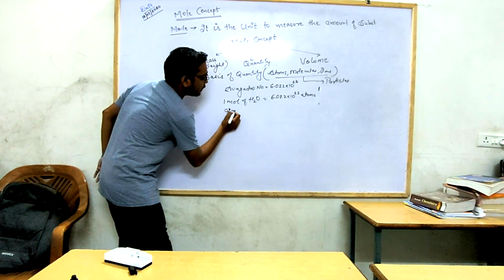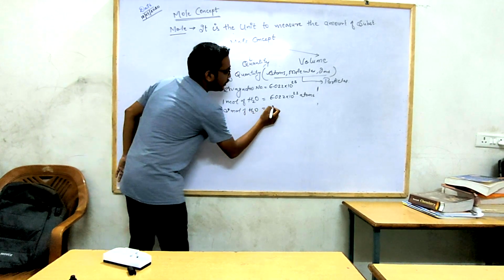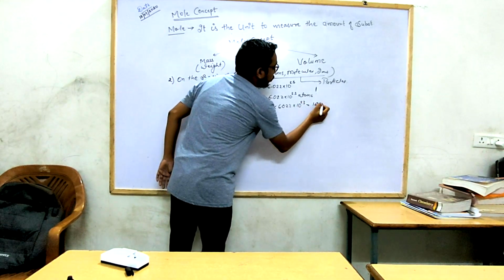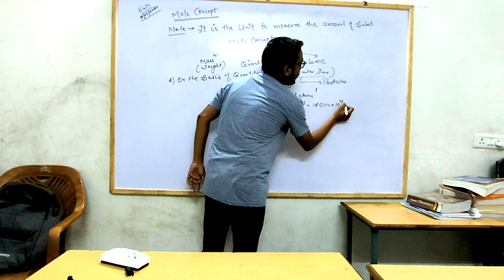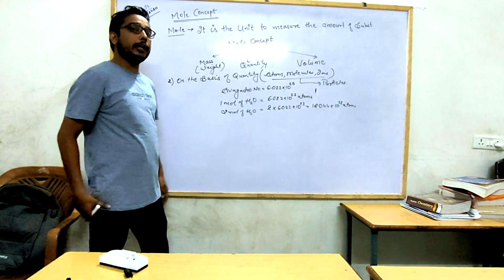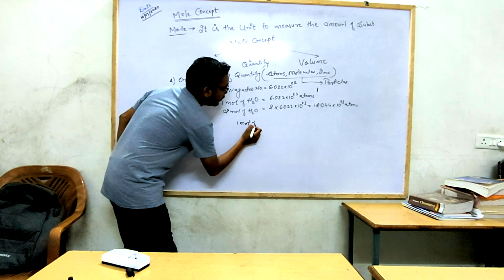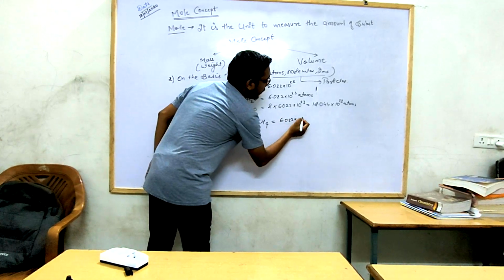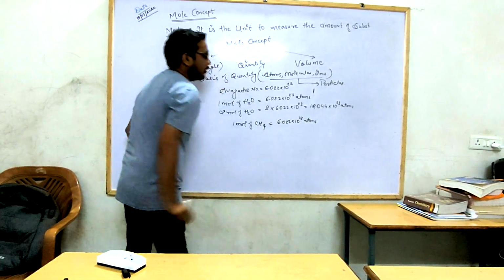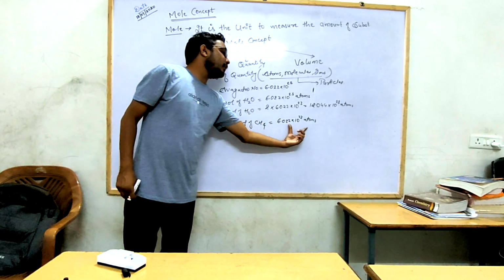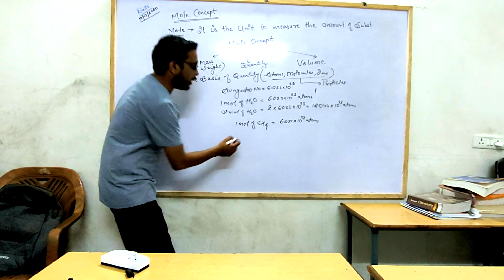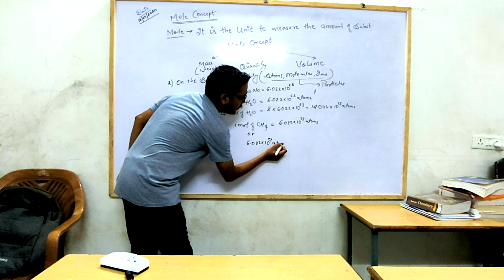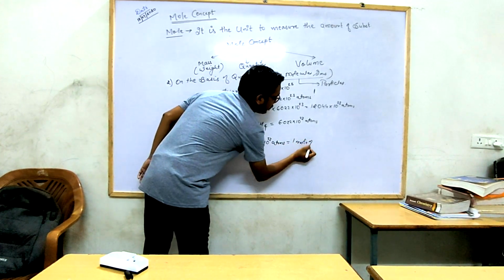If I say 2 mole of water, then what will happen? You have to multiply this Avogadro number by 2. So you will get 12.044 into 10 to the power 23 atoms. Okay? One more example we can take. 1 mole of methane contains how many atoms? So it is the fixed Avogadro number. Or we can reverse it also. This many atoms is equal to 1 mole of methane.